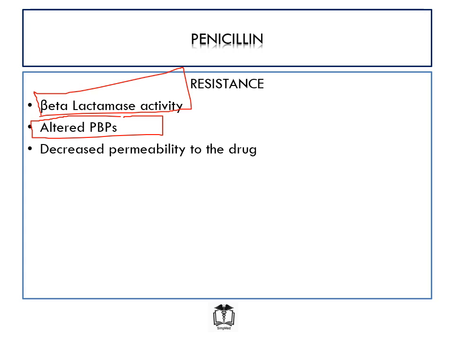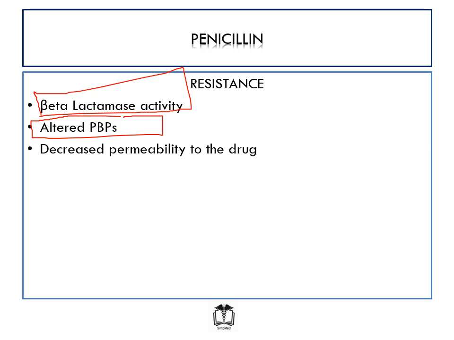And then finally, decrease in the permeability to the drug. Because penicillins, for them to work, they need to enter into the microorganism. And one way in which the microorganism could resist destruction from penicillin is by reducing the amount of penicillin that enters into their cytoplasm. And this is extremely effective. There are two ways in which it could occur, either through the use of what we call an efflux pump, or through reduced intake of the drug into the cytoplasm